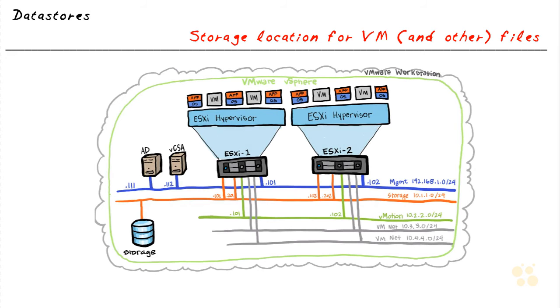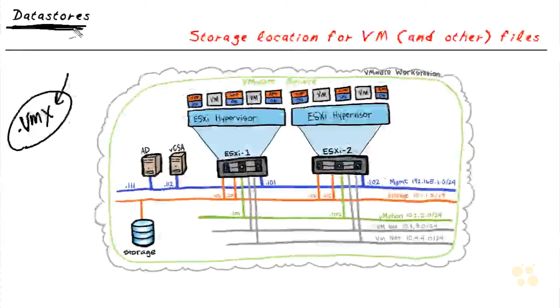Now we've already seen one of these files. That was the .vmx file for a virtual machine, and we edited that when we deployed the vCenter Server appliance inside of VMware Workstation. And in addition to the VMX file, there's a boatload of other files, including files that represent the virtual hard disk for a virtual machine that need to be stored somewhere. So where do you suppose the ESXi host is going to store those virtual machine files? And the answer is